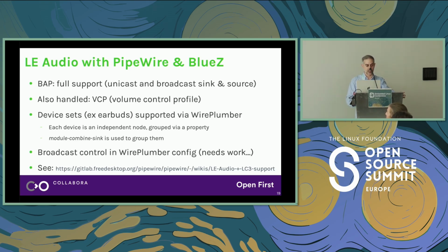There is also control for broadcast, because to create a broadcast stream, you need somehow to specify the advertisement of it. What is the stream? What is it named? What are the properties that it has? Because the use case for broadcast streams is that if you have a source somewhere and you want to connect